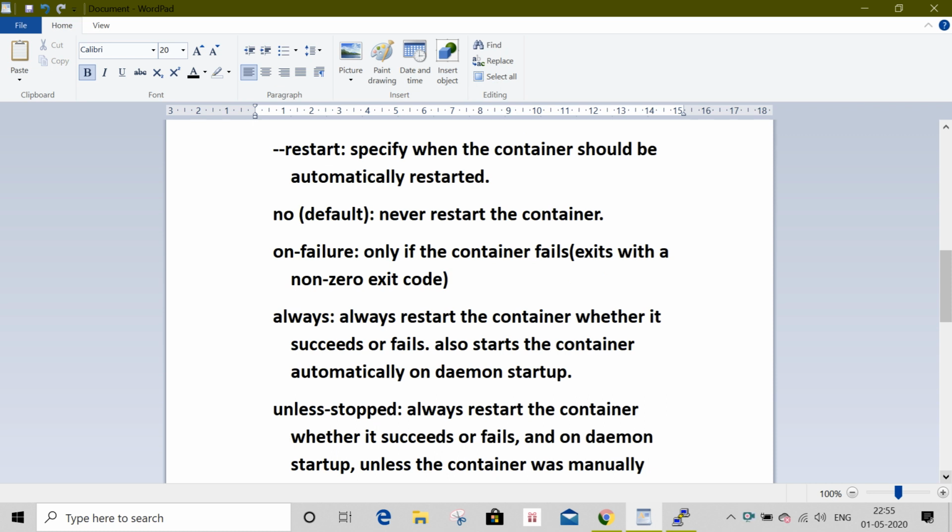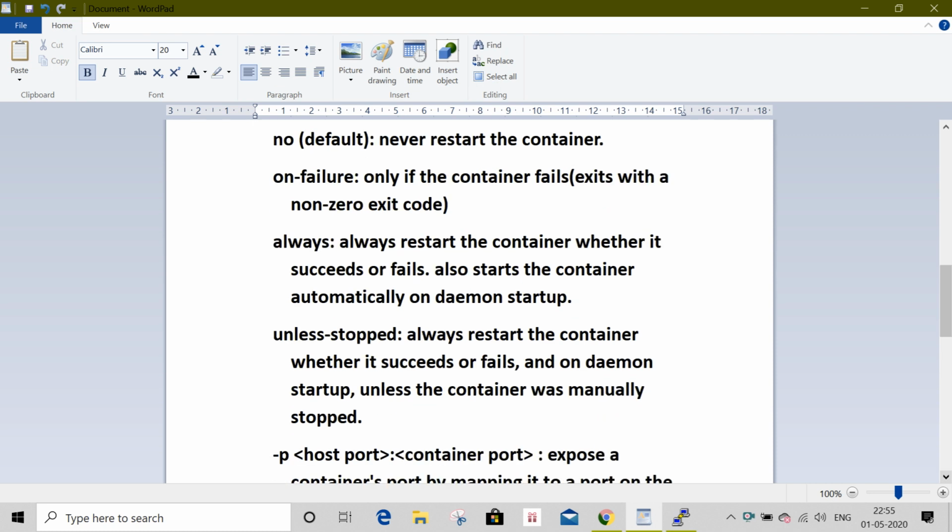Always restarts the container whether it succeeds or fails, and also starts the container automatically on Docker startup. Unless-stopped is like always, but not if the container was manually stopped.